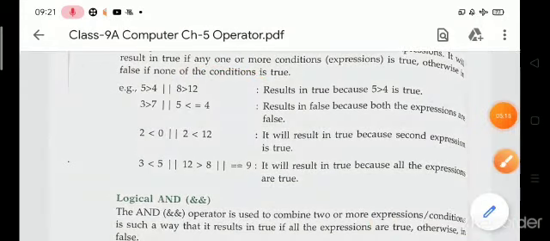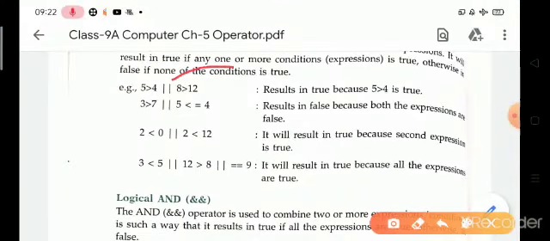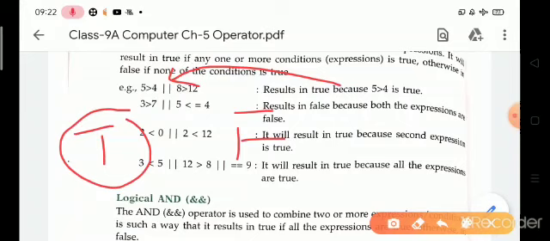Because this is the OR operator, and you know that in OR operator, if any one condition is true, then output is true. So your first condition is true, second condition is false, but if any one condition is true, its result will be true.